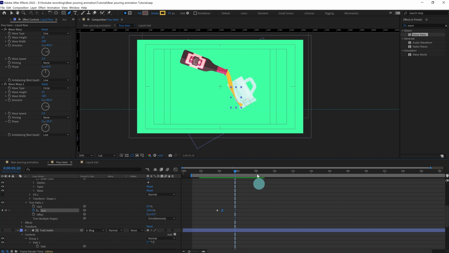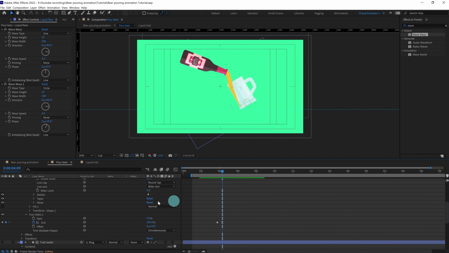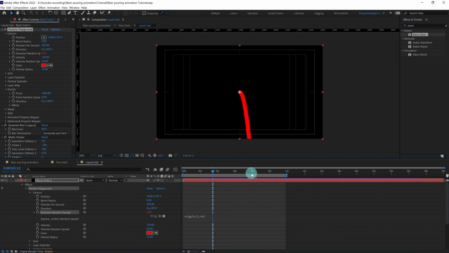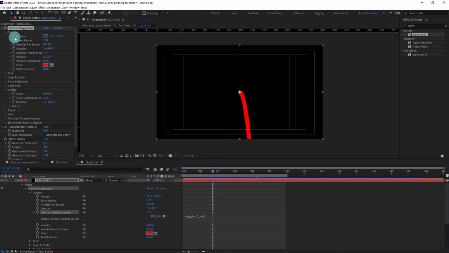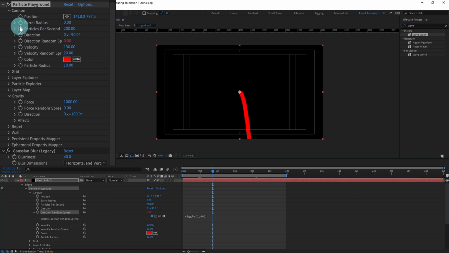Now we are going to keep this liquid flowing animation for around 2 seconds. So from here, let's jump on to 6. And here we're going to end the animation of this flow. So we're going to put a keyframe on this particle per second, radius, and force of the gravity. Then again jump on to around 12 frames and we are going to give it 0 over here